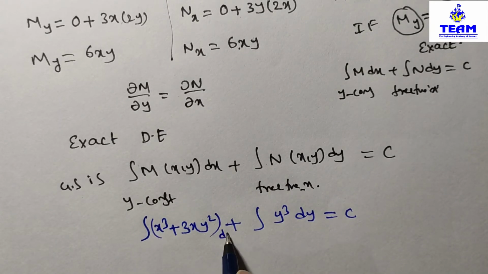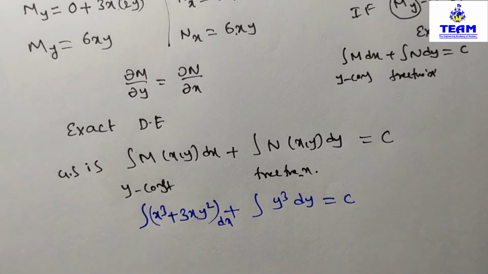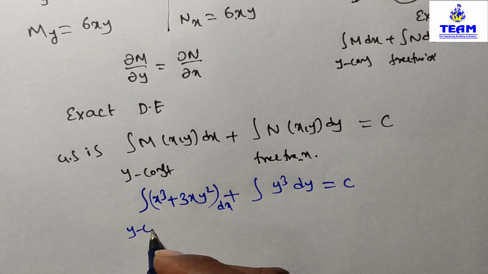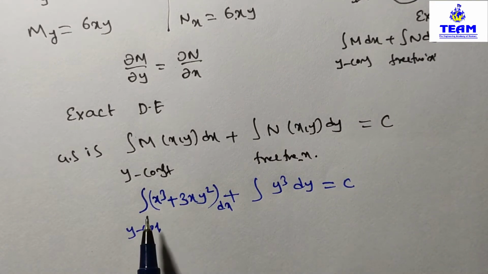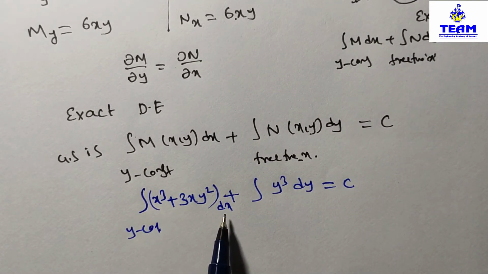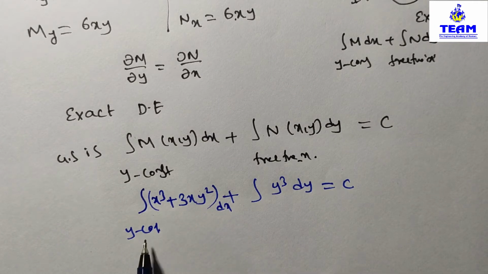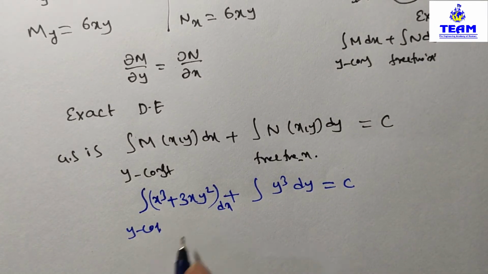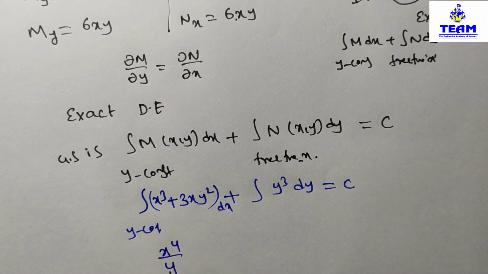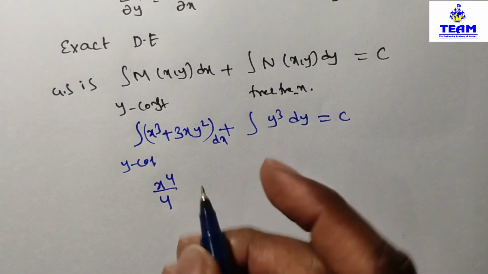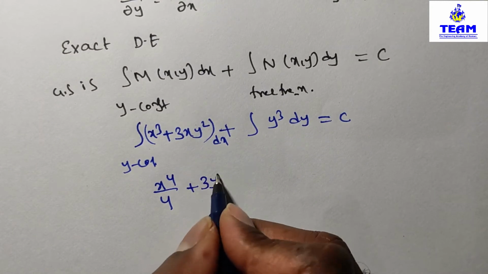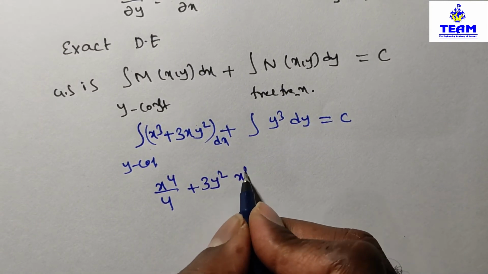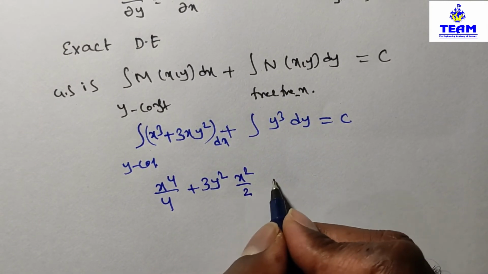Friends, here you observe, I forgot to write the dx, right? And moreover y is constant here. Here you observe we are doing integration with respect to what? x. Here you have a y. That is the reason y is a constant in this case. Now, x cube integration with respect to x is x to the power of 4 by 4. Right? Plus 3y square is a constant. What about the x integration? x square by 2. Okay.